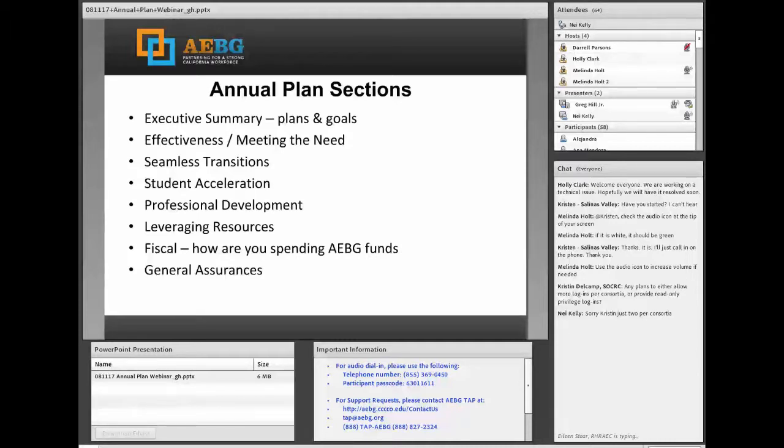The second section asks for you to identify areas of need, basically gaps that you want to work to address in the coming year. And then the following sections ask you to respond to your previous year's strategies, identifying to what extent they've been implemented, what challenges you faced, what additional plans or activities you have related to them, as well as any support that you would like to receive from the state.